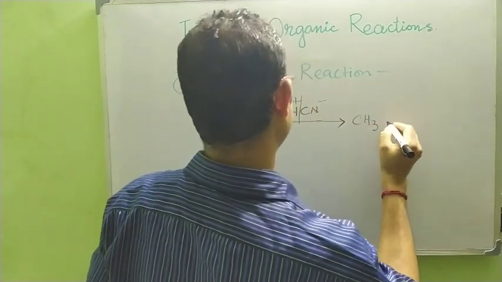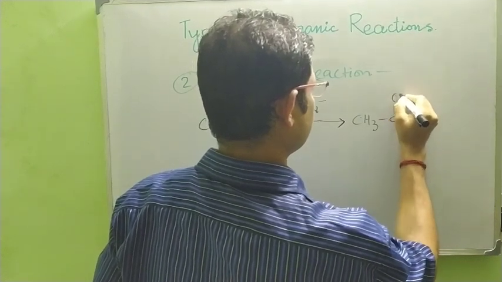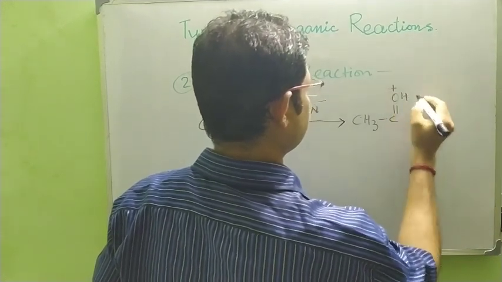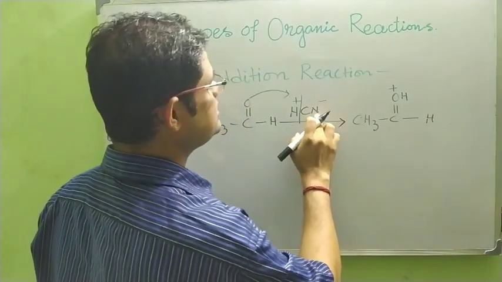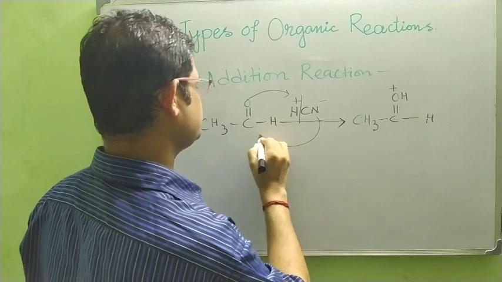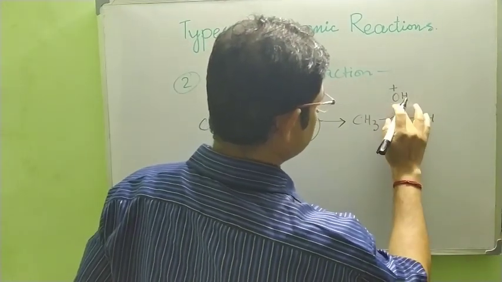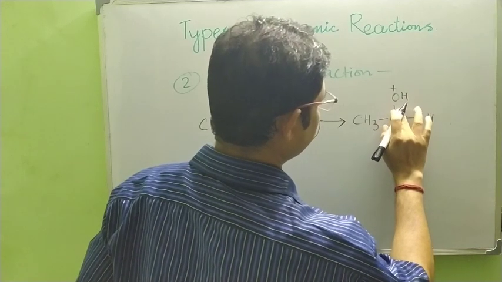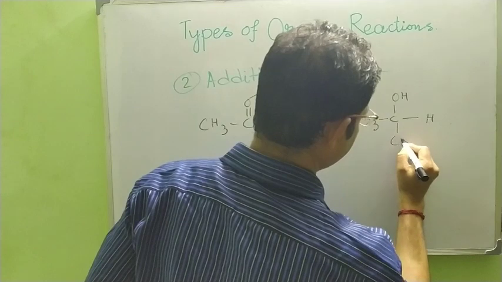We get this, then CN minus attacks in this position. Here this bond will break and we get